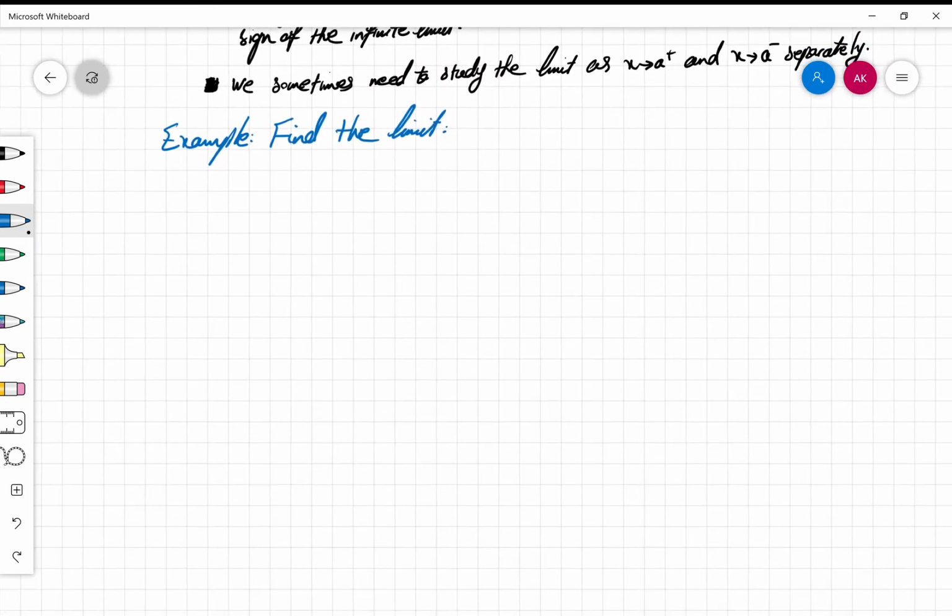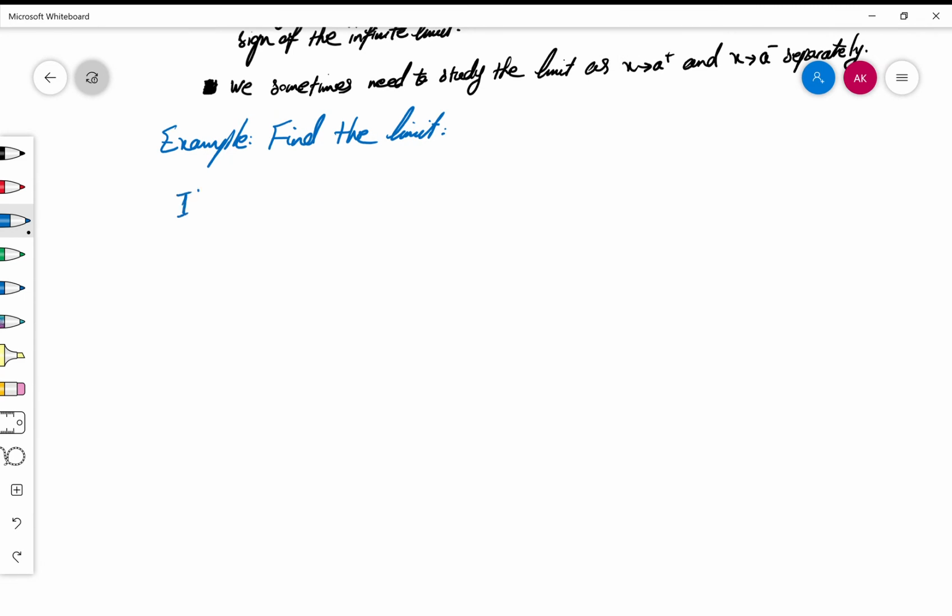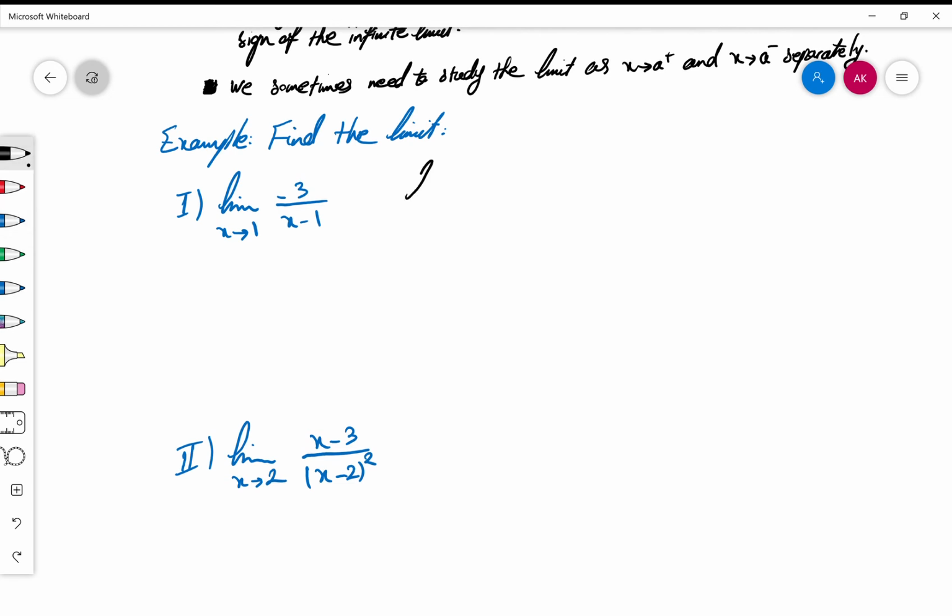Okay, so I have two functions. One is that we are trying to find the limit of negative 3 over x minus 1 as x goes to 1. And then the other one is the limit of x minus 3 over x minus 2 squared as x goes to 2. While you have a quotient, negative 3 over x minus 1, let us start finding